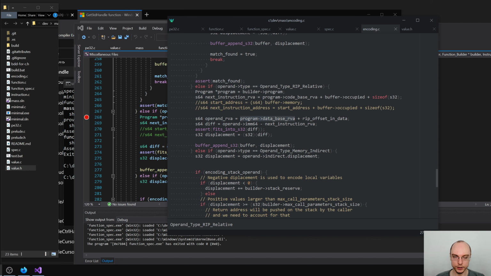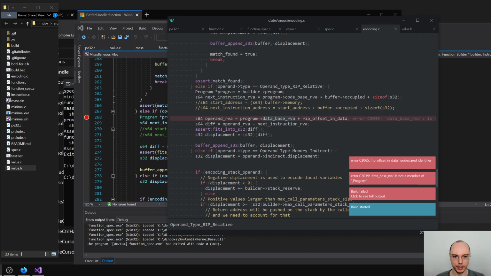And this thing will be set to some absolute address for JIT code and to be set to virtual address for the executable. And now we say that something like this. Okay, we don't have database RVA, that's fine,